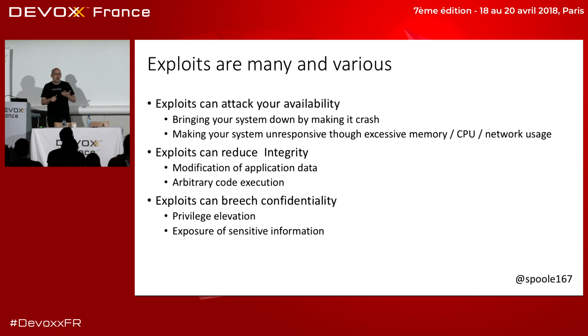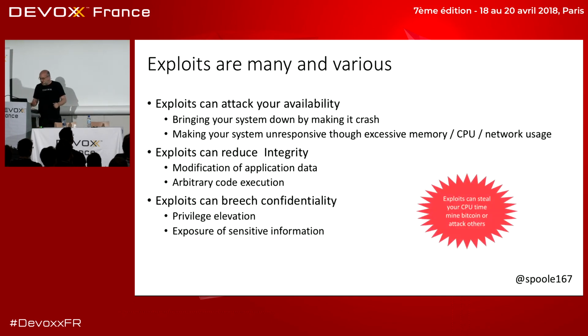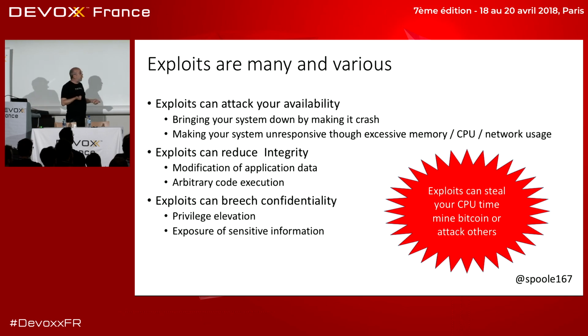Basically, they can bring your server down because they can do denial of service attacks on you. They can make it crash, they can make it hang, they can steal your data, they can modify your data, they can run code. And we'll talk about how they do that. And of course, breaching confidentiality, they can get in there. They can find ways to raise their access. That's all the things bad guys can do, right? That's just the taxonomy. And we can add a new one, which is coming along, which is people stealing your CPU time because they can do Bitcoin mining.